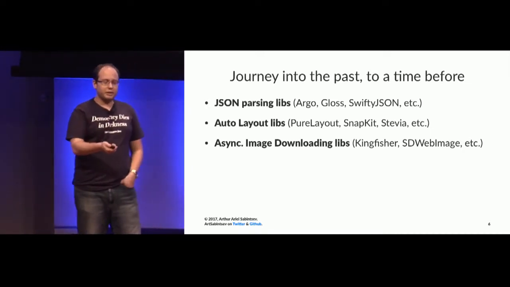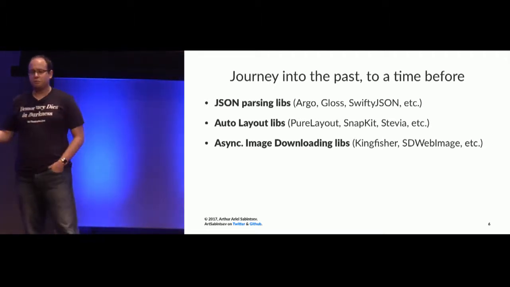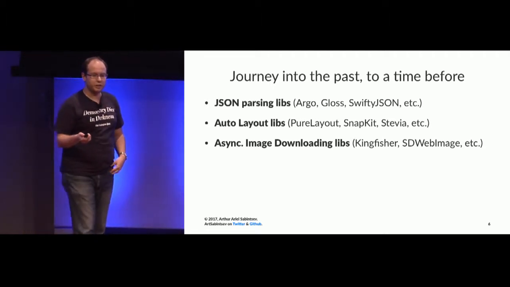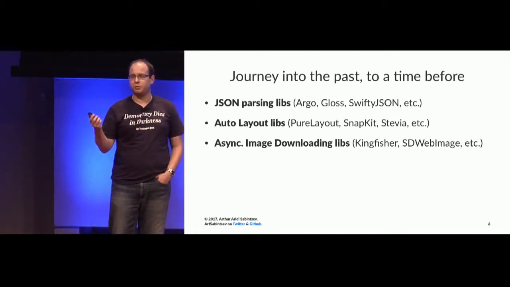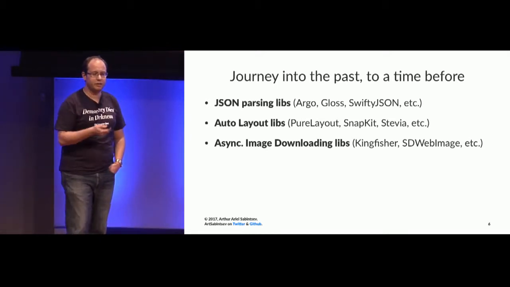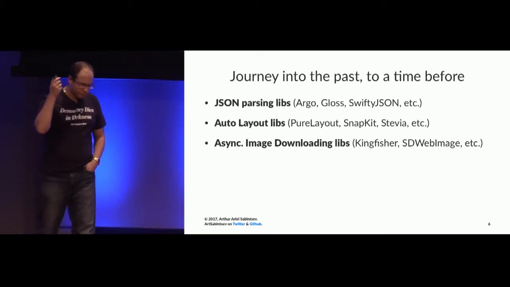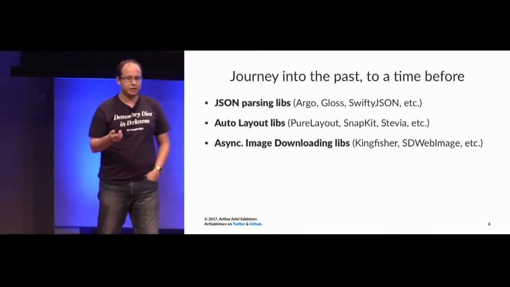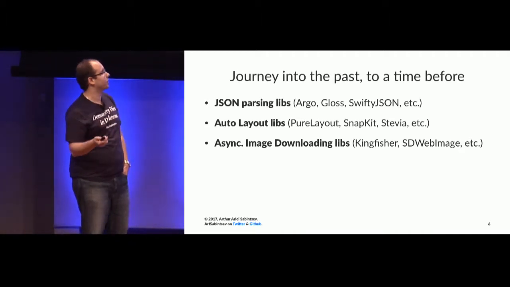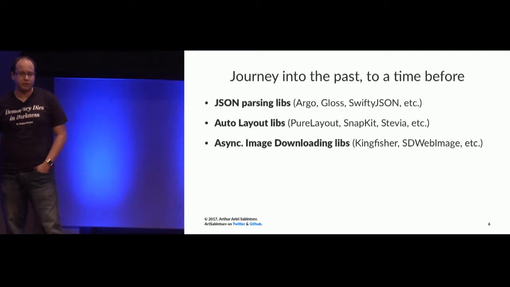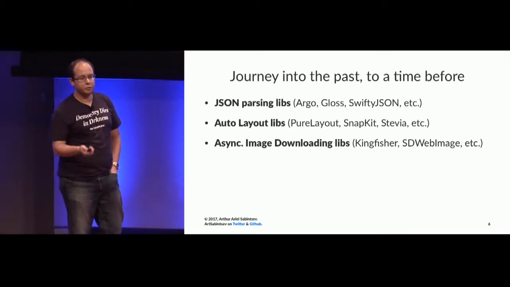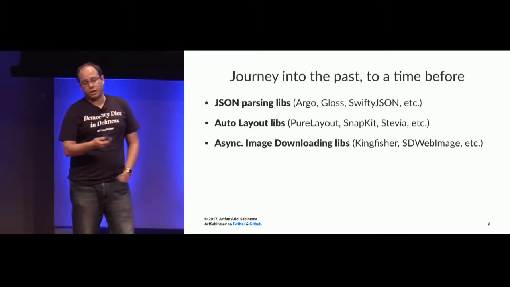And the funny thing about this is the 2 libraries I remember, one was around back then. SDWebImage is an Objective-C library from 2009. It is like the gold standard solution for asynchronous image downloading in Objective-C. Kingfisher is a fairly new entry. It's a couple years old, and it's a Swift equivalent. So I've used both. I love both.